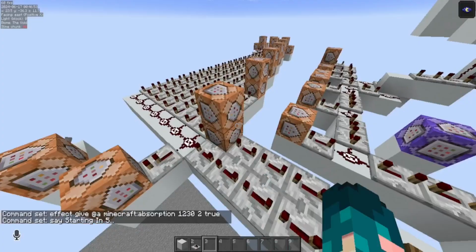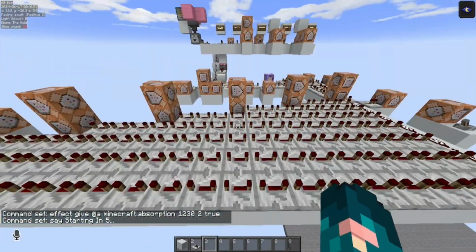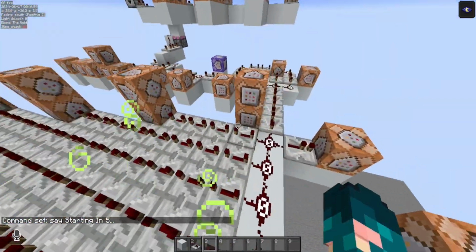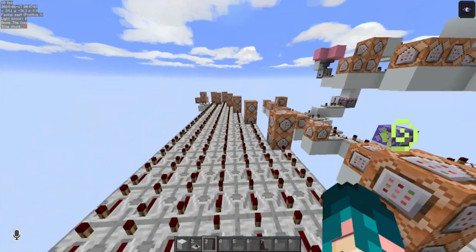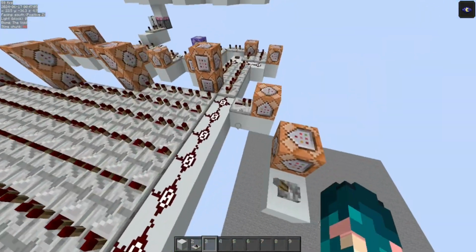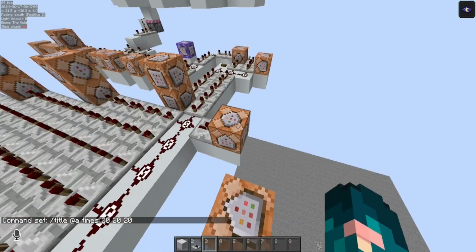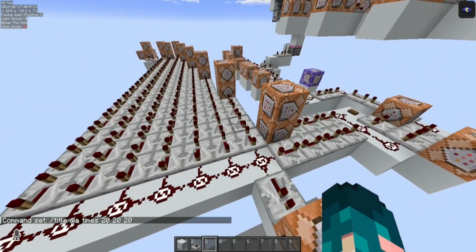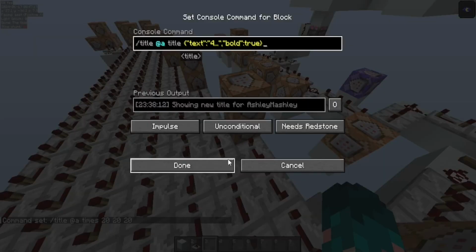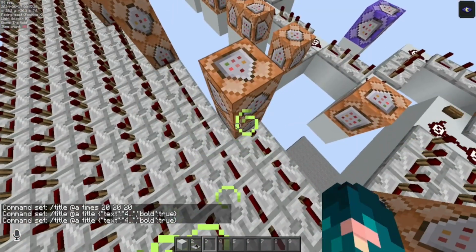In this case, this is a countdown, which yes, I know is a lot of timers. Basically how this works is each of these is a second longer than the last. This has titles. This just sets what the titles last for. Here is